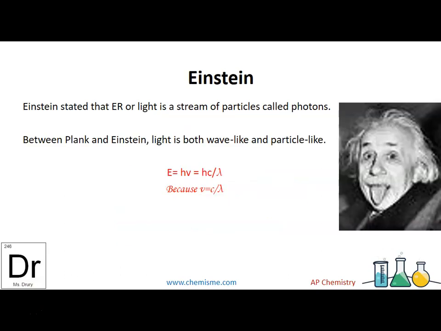Einstein stated that electromagnetic radiation or light is a stream of particles called photons, kind of the same theory. And between the two, light came up with a wave-like idea, that it goes up and down with its frequency and wavelength, but it's also somewhat particle-like, where if you stop it, you can measure other instances of it. And because E equals hν, and ν can be substituted as c over wavelength, you can plug the two equations together to say